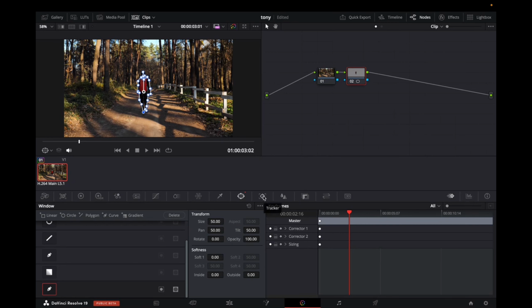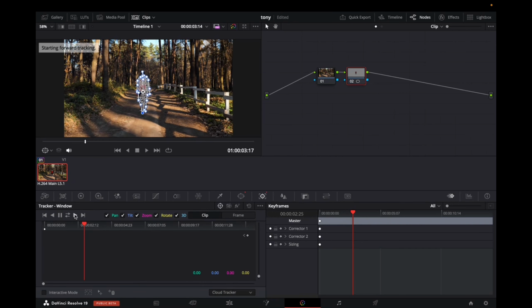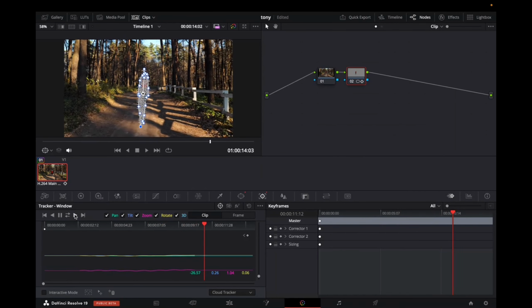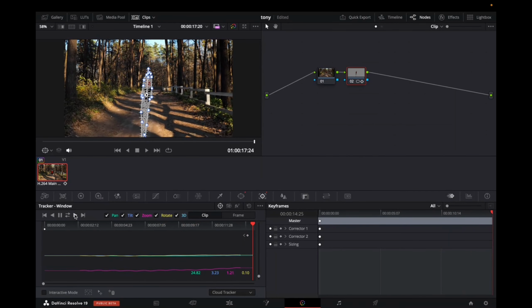Now we're going to go over to the Tracking tab, click Play, so that we see what we're tracking. Now that that's done, we're going to go back to the Node tab, right click on the second node,